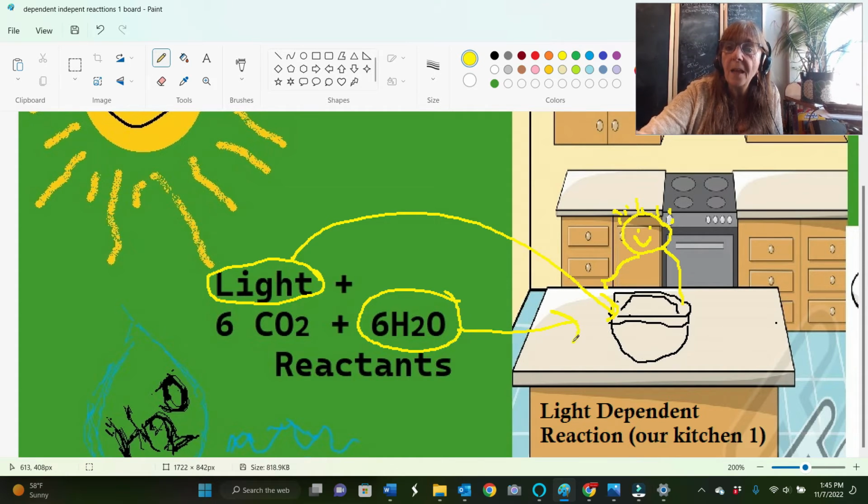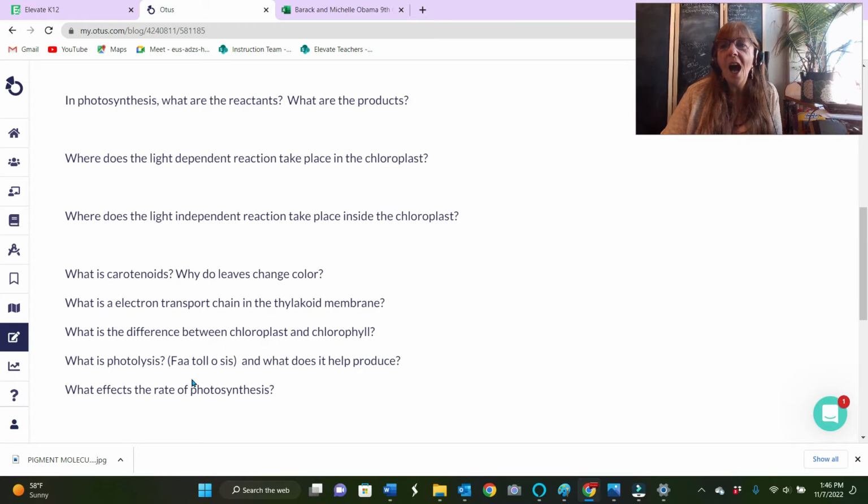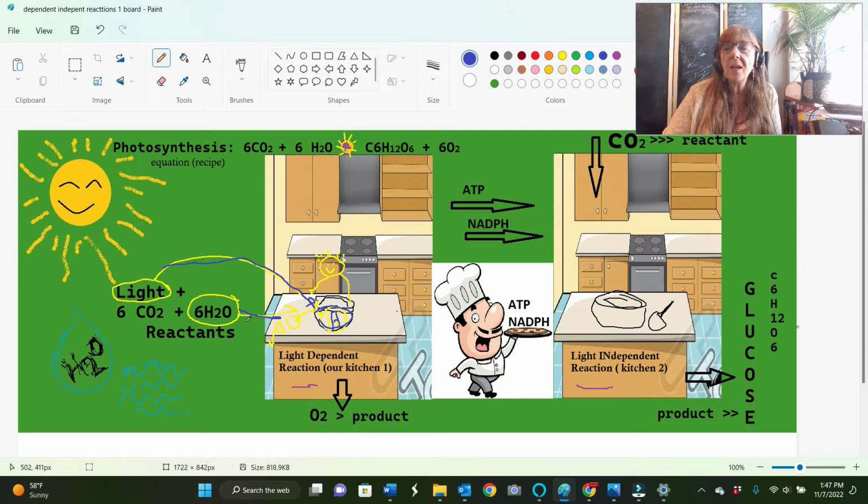Remember, we're going to split it up like an egg. We're going to split the egg in half. And part of it we're going to throw away. And the other part we're going to put in the bowl. And that is hydrogen in the bowl. And what is that called again? Photolysis. So then we crack our H2O, throw the oxygen away, keep the hydrogen in the bowl, and mix it